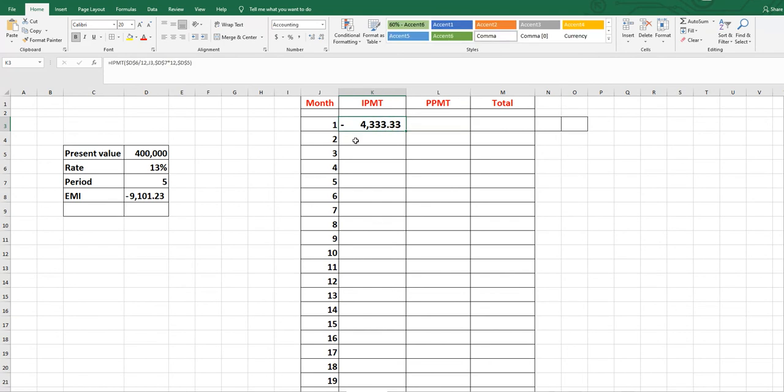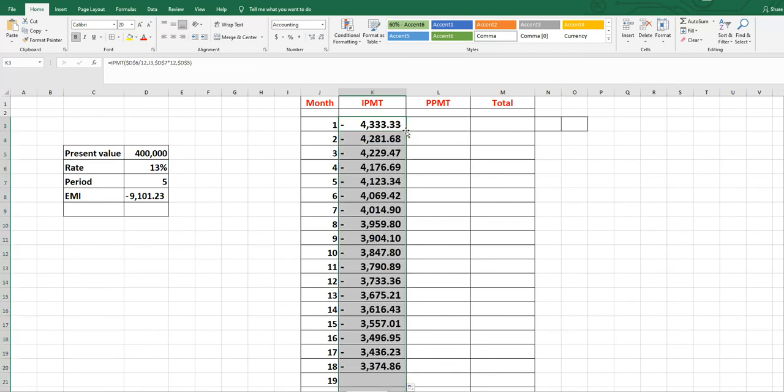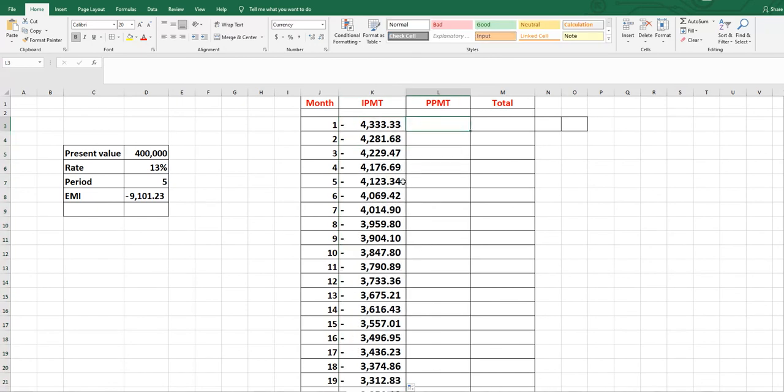Okay, now for the second month you have to do the same thing, but I will highly recommend you only do one or two cells for practice purposes. The best way is bring your insertion point here and double click, automatically system will fill all the cells for you. And now we are here for PPMT equal to